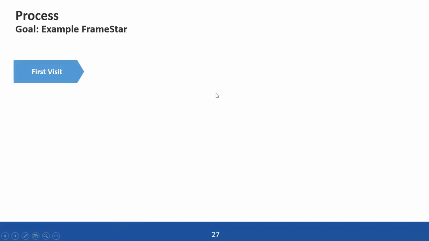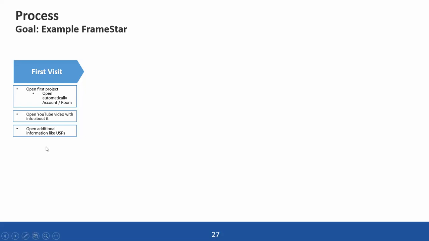So if I take Framestar as an example, what is the first thing I think of our user when first visiting? The user will perhaps immediately want to start with the project. So he wants to click on a start button and then automatically open an account room without anything in it. That's my process. But a user can perhaps also click on a YouTube video to have more info about it. The user wants perhaps to open additional information. The user clicks on the help FAQ site,